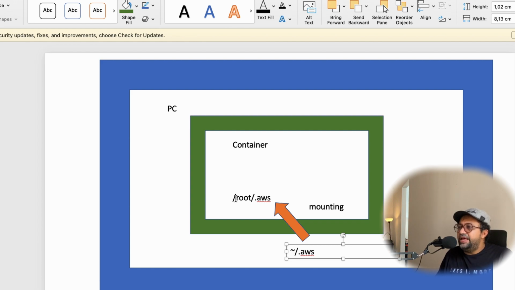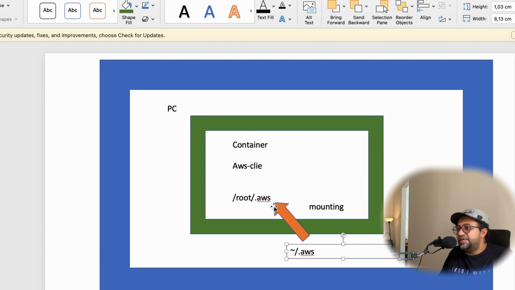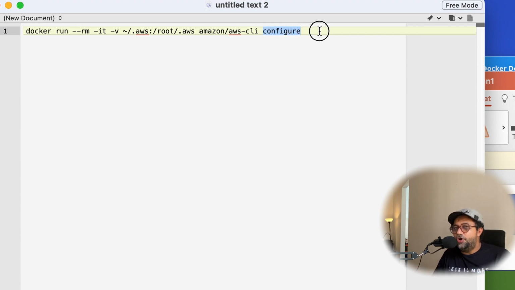When I want to run the AWS CLI reading inside this AWS directory, what I'm going to do is mount it inside the root in this case. I'm going to run this, and configure the access key. Maybe I'm rushing a bit, but if you have an access key and secret key, for example with EC2 instances, you need to configure it inside your AWS CLI, right, guys? I'm going to mount the AWS directory from my home towards root/.aws